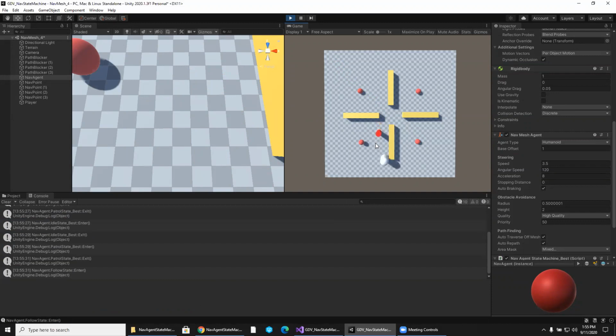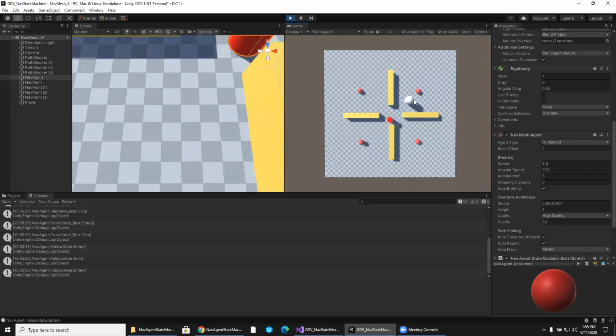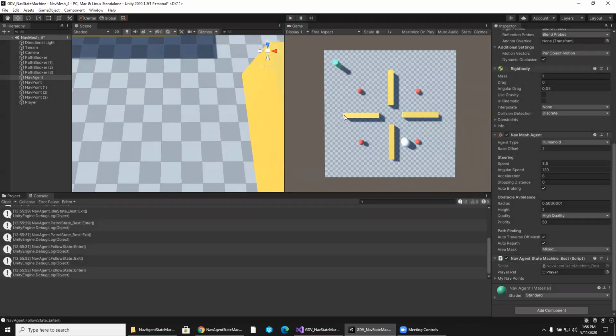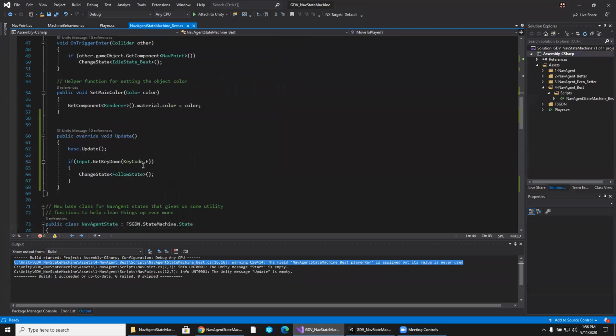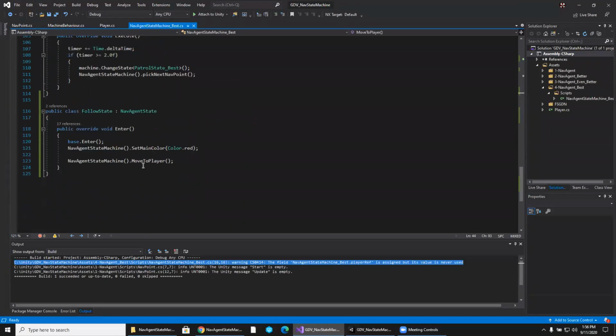Now, as I move my player around, it's not quite following our player. It's just going to that position where I first hit F. That's not very good. I could press F here and it will call it over there, but it doesn't follow. So I want it to update to the player's position. Every frame that it's going to be inside this follow state,